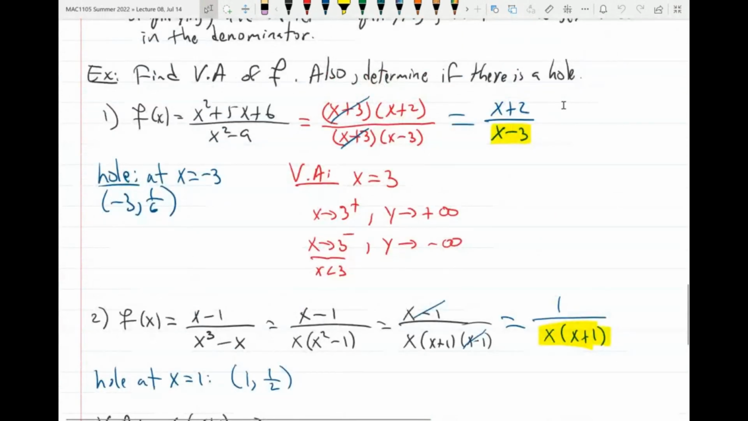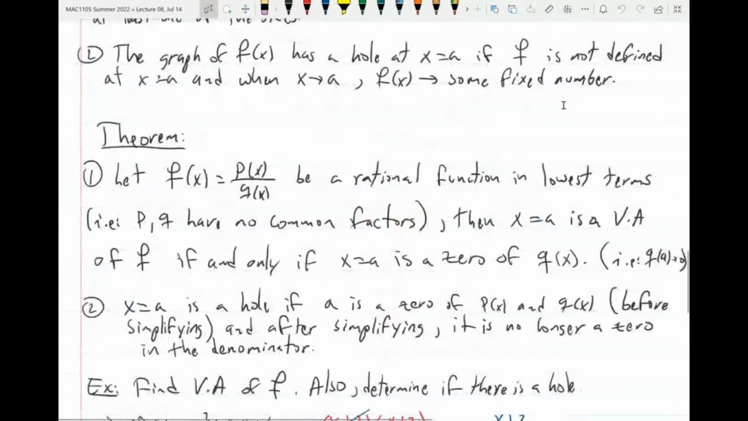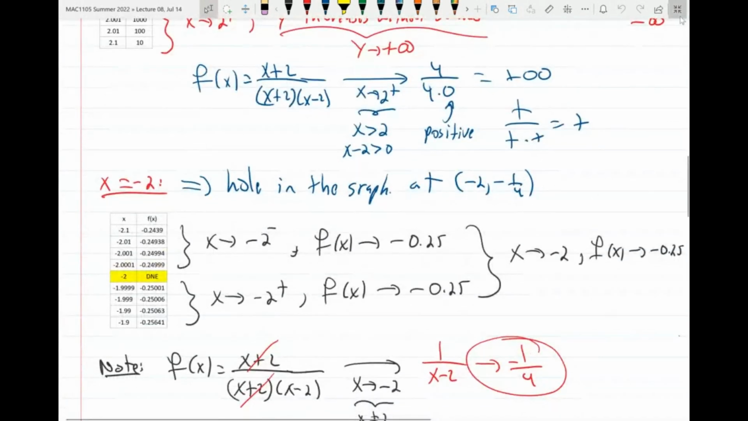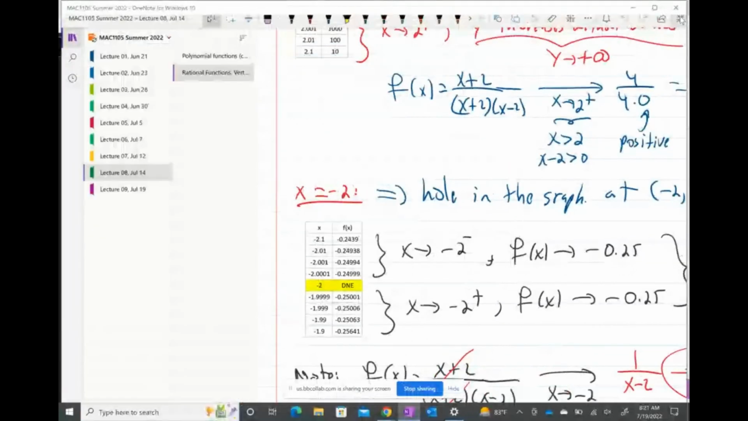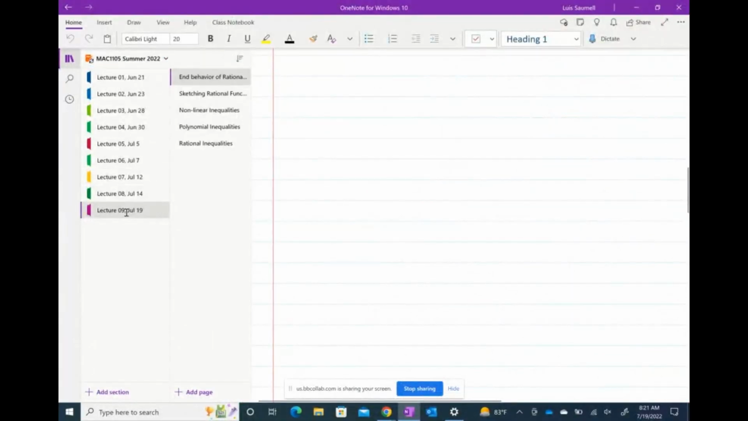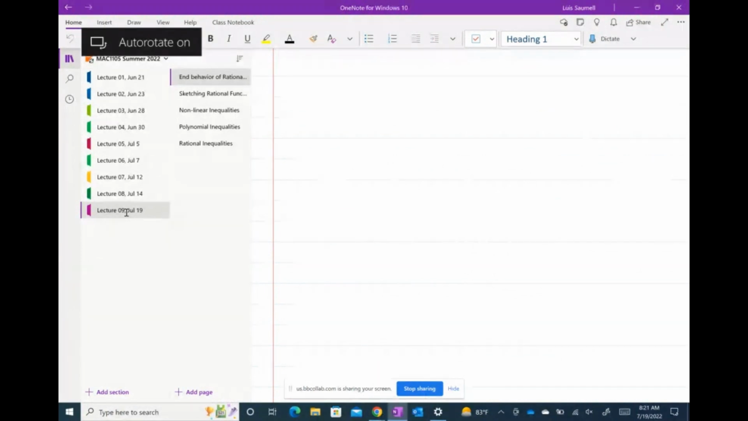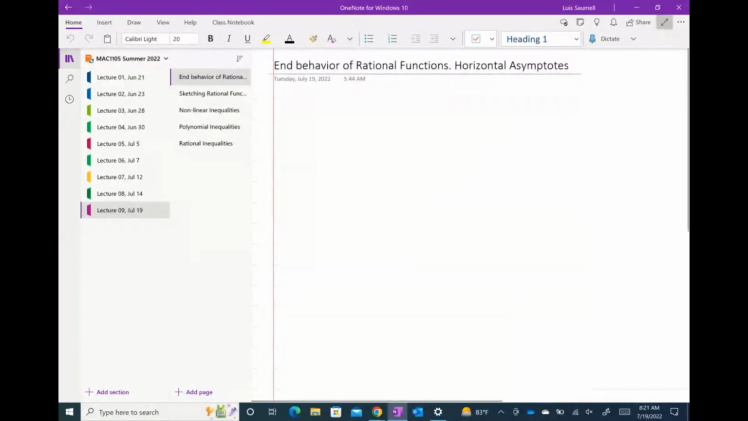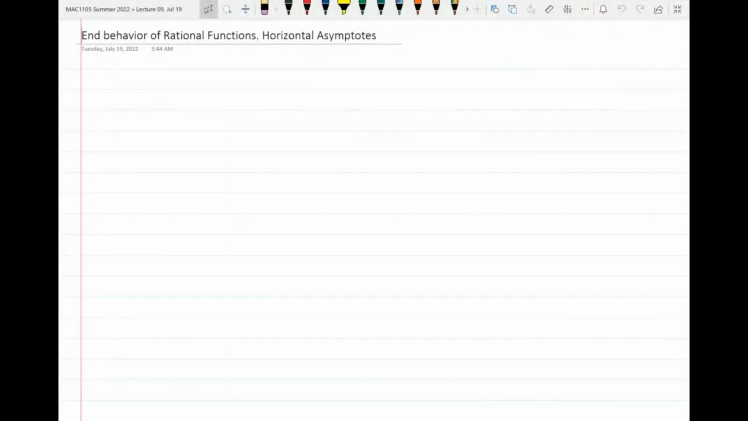Now, the other one that I want to talk about is how to discuss the end behavior of a rational function. Let's take a motivational example for that one. So the first example that we were working with was x plus 2 over x squared minus 4. So, end behavior of rational functions. So remember, this is for any function. So recall